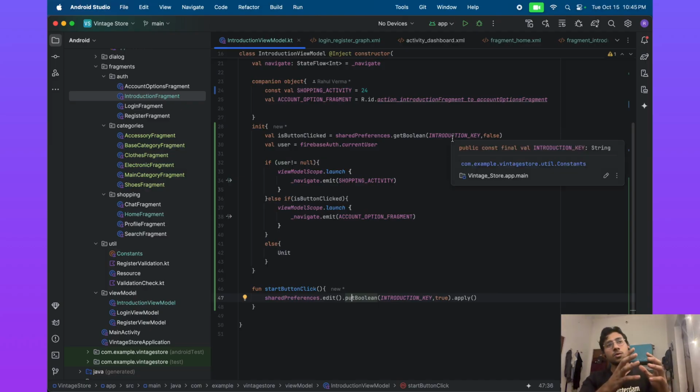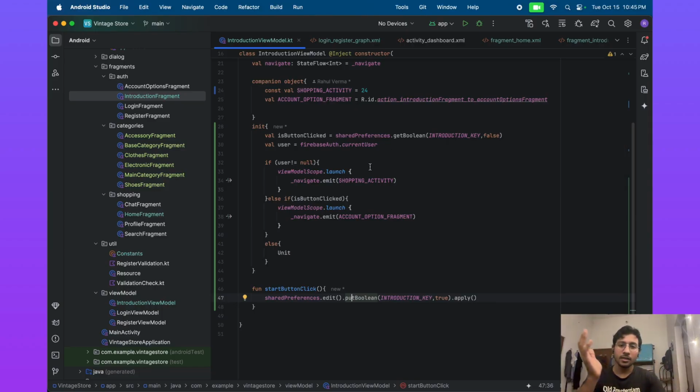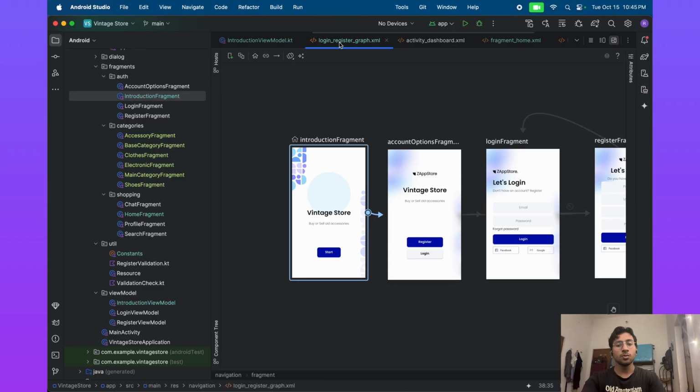So suppose you clicked on that introduction button and you close the application somehow. Next time you open the application, this condition will be true now. If this condition is true, it will redirect you directly to the account option fragment. And here you can choose whether you want to register or sign up. After that,